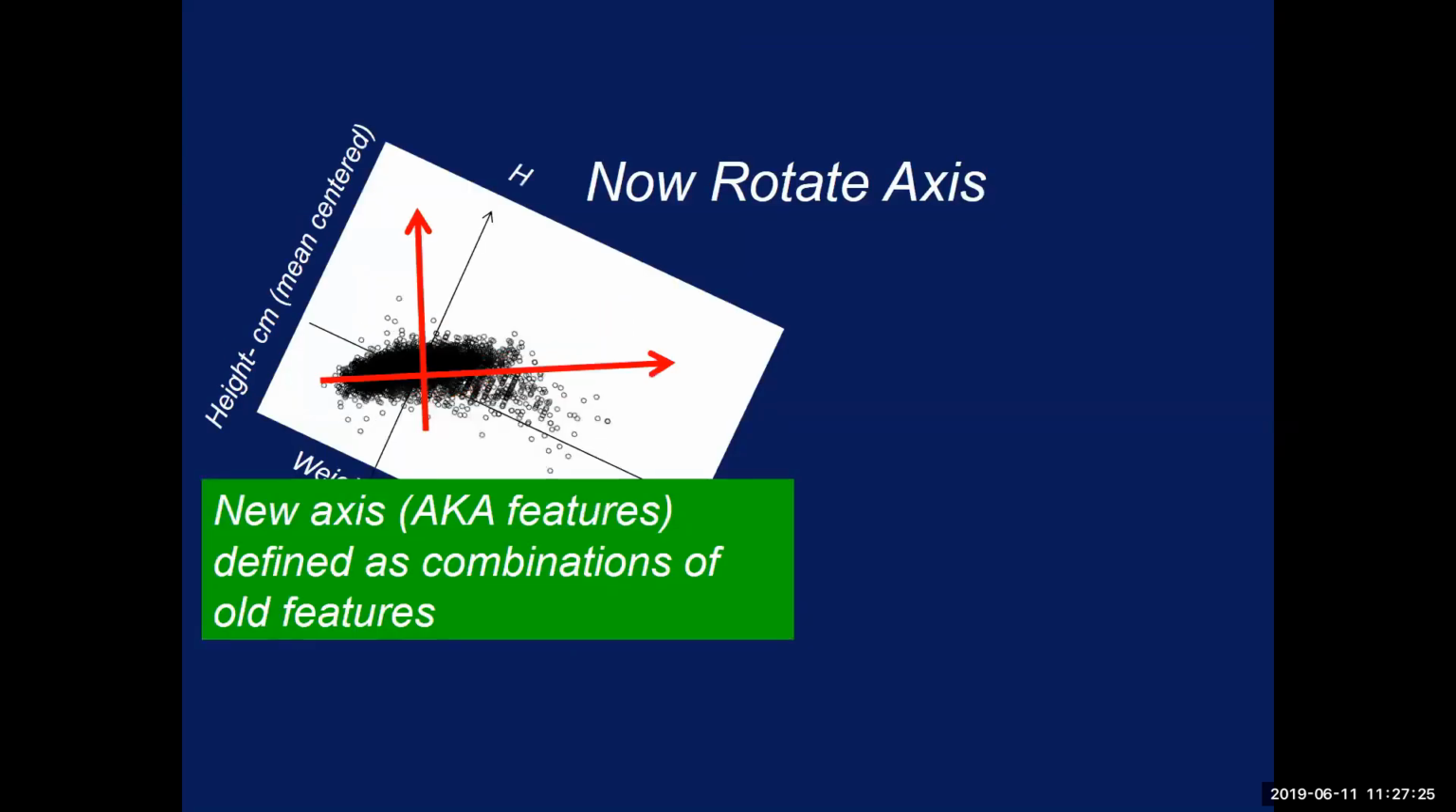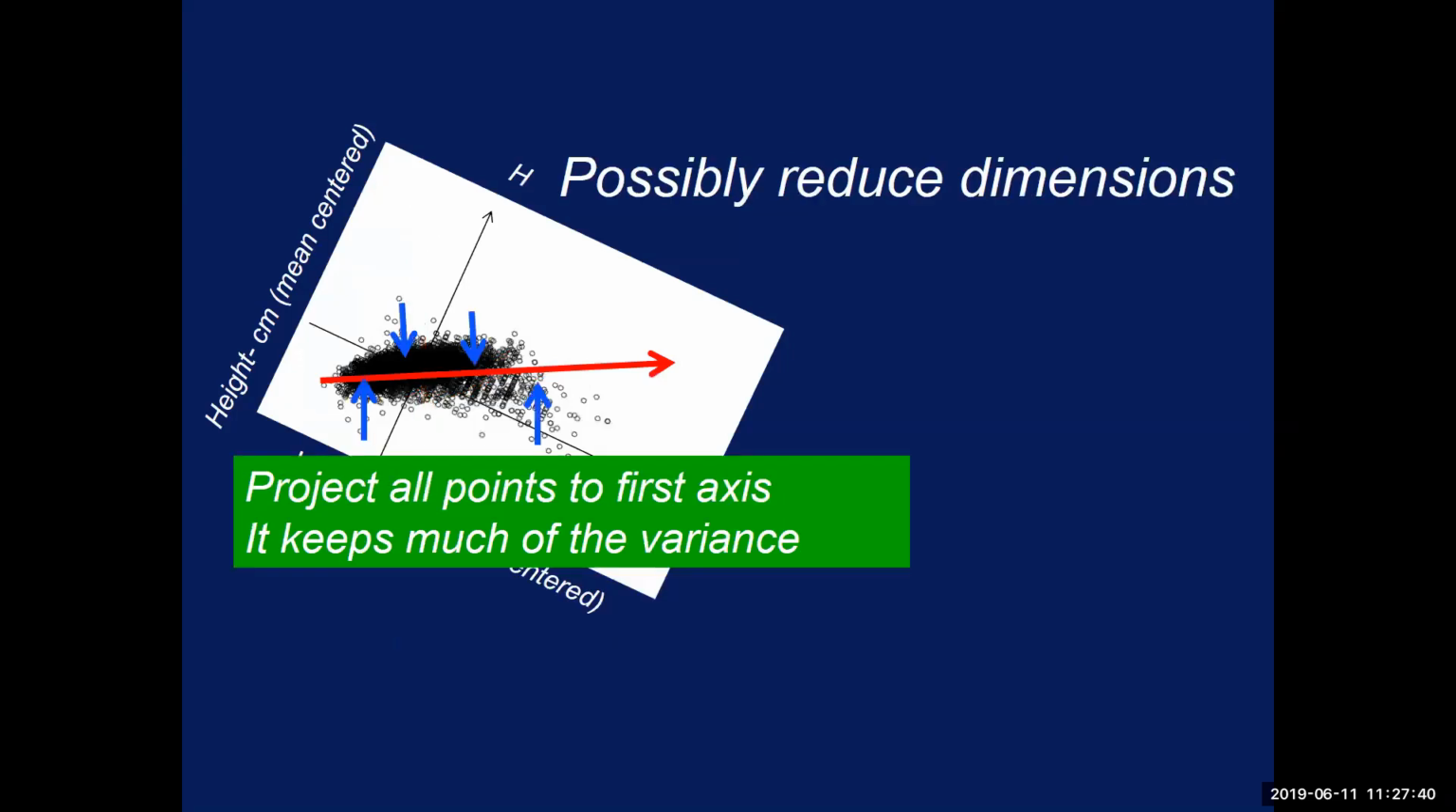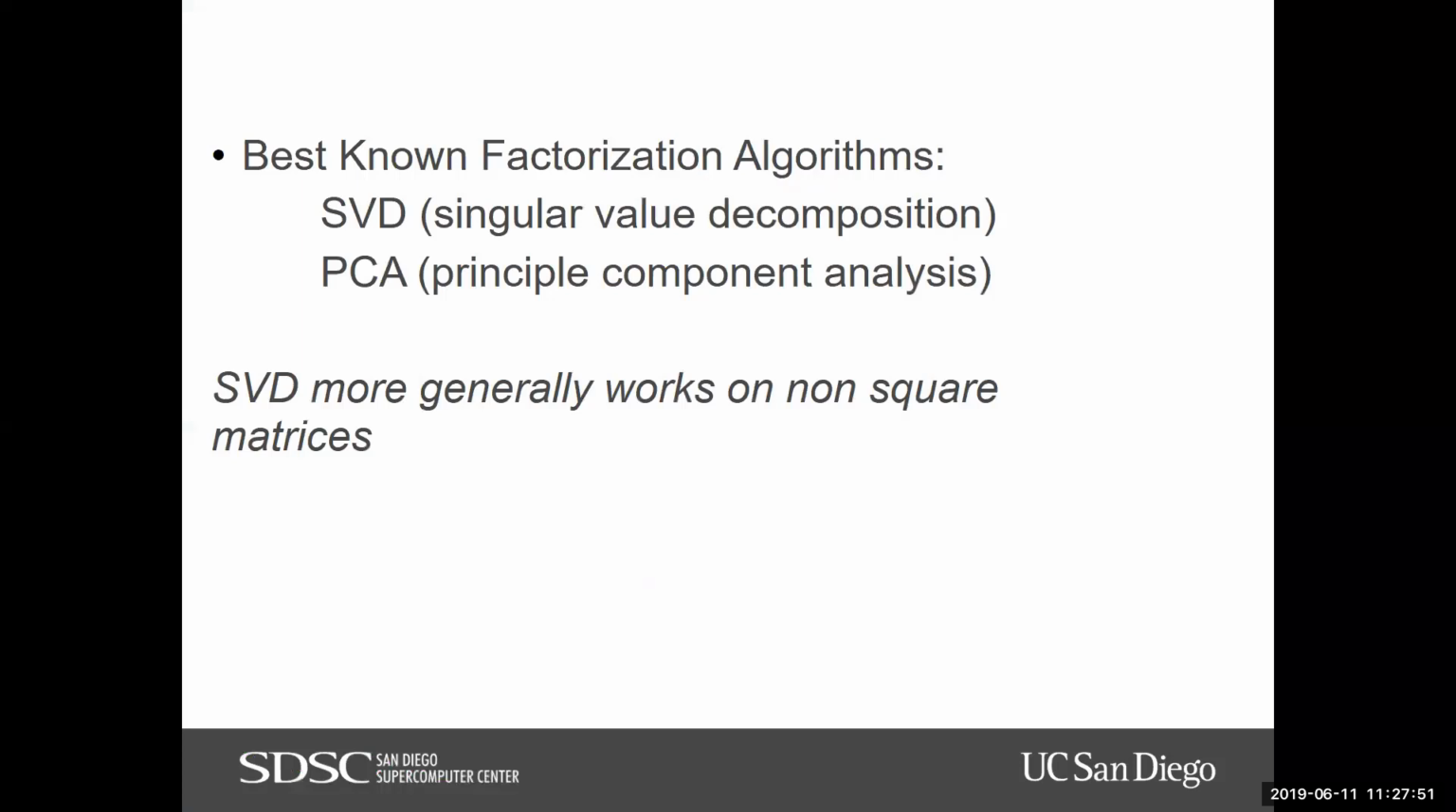Then we can rotate the whole thing and say, instead of the original H and W, now let's work with these new lines. So these are new axes. They're really combinations of the old features. And if we wanted to, we could throw away the second line and just keep the first line, which had most of the variance. So that's an example of dimension reduction. The procedure I just went through is basically a kind of factorization. Sometimes it's called matrix factorization, and there are general procedures called singular value decomposition and principal component analysis